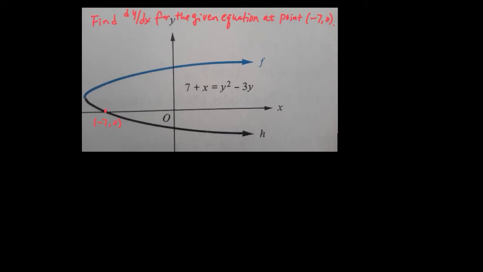Okay, here we're given a problem with 2 branches. Since the point of interest is at minus 7 and 0, we're going to take the negative branch. So let's use our new friend over here, the nested Russian doll. We're going to use the implicit first, because it's easy, frankly. We're going to take the derivative. The left side is 1, or is a 0, pardon me, and 1. The right-hand side,